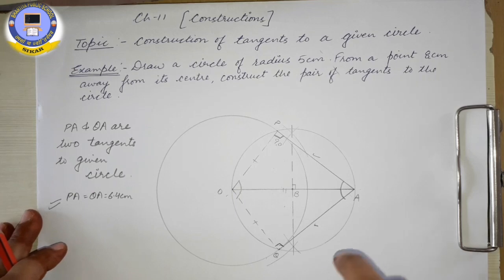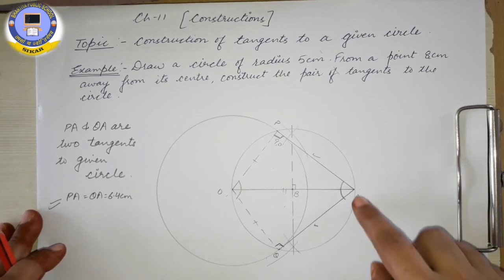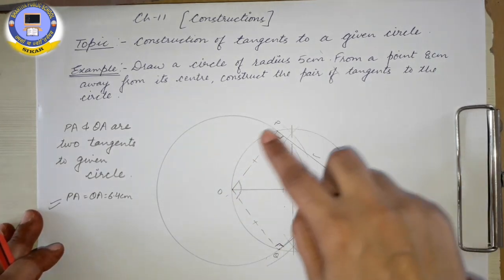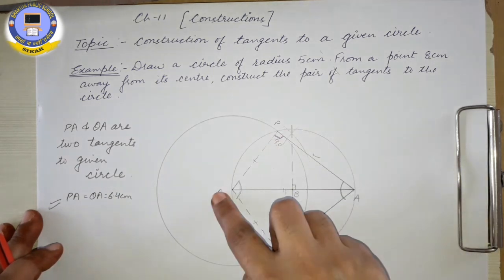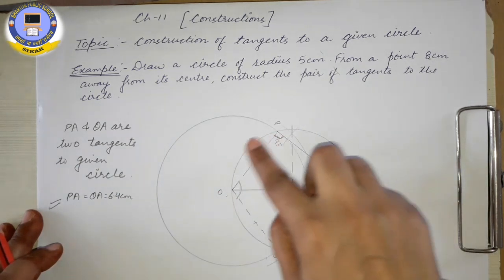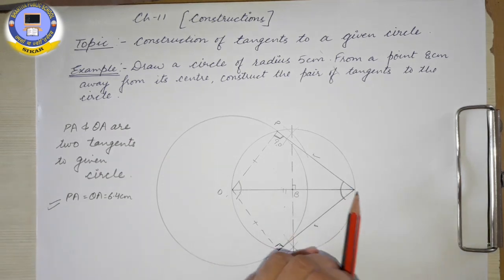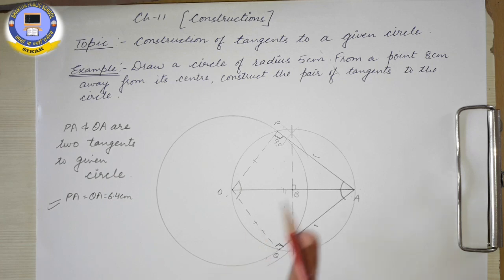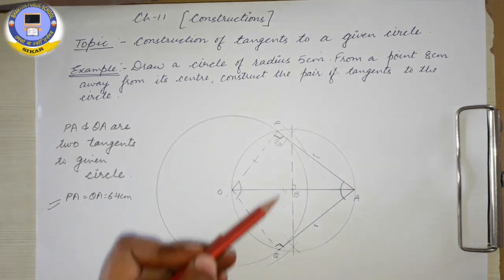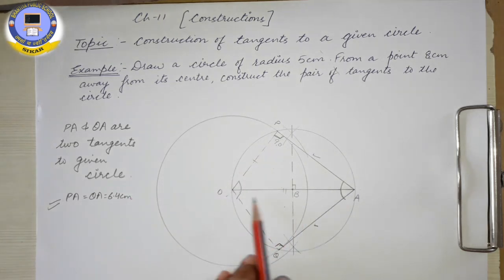So see, in this construction when we made a circle, this circle is passing through all these 4 points or not? It is passing through all four points. It means it is a cyclic quadrilateral. Okay. So with the help of construction also we have proved that APOQ is a cyclic quadrilateral. It means opposite angle sum is 180 degree, which we have proved in 10th chapter.